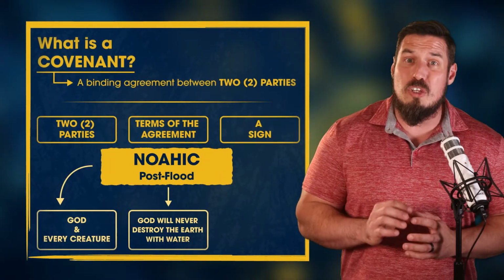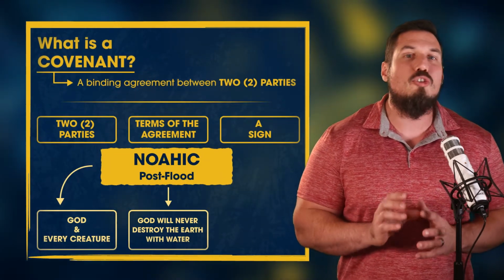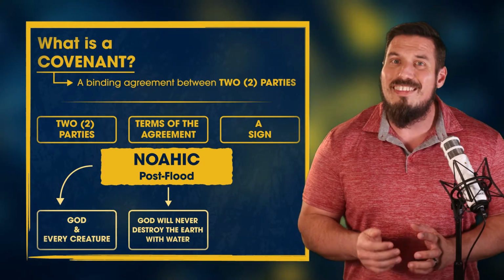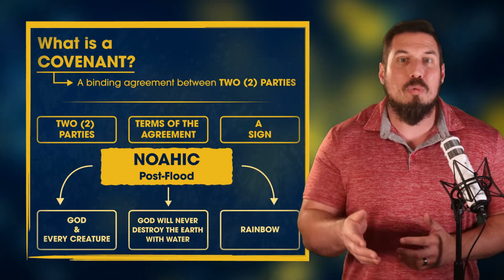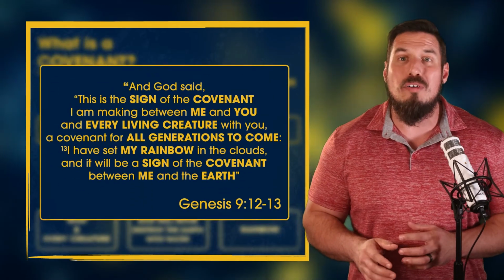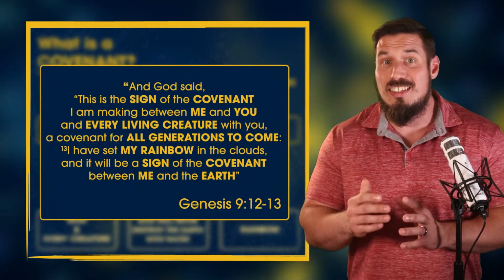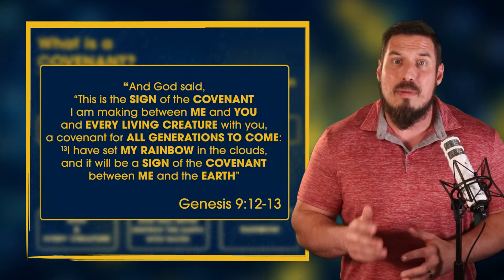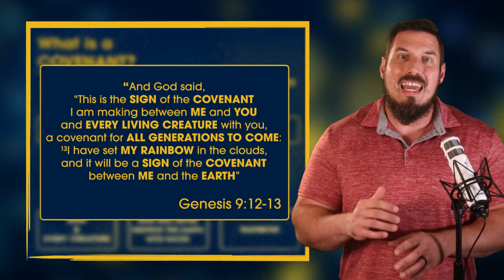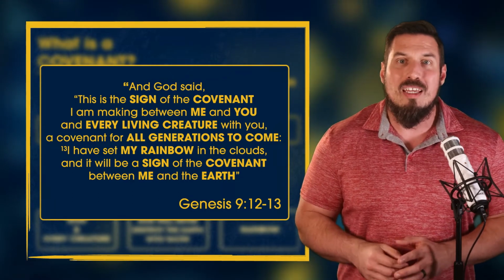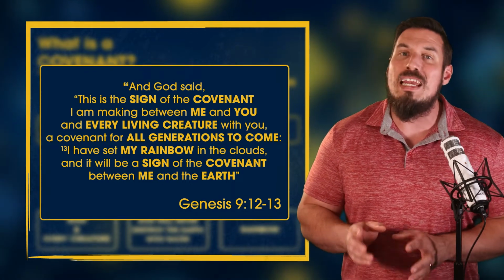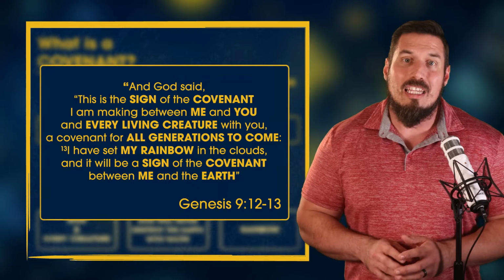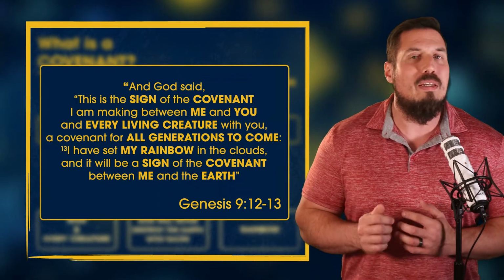So if the terms of the agreement are that God will never destroy the earth with a flood, the sign of that covenant is the rainbow. As we read in Genesis 9, starting in verse 12, and God said, "This is the sign of the covenant I am making between me and you and every living creature with you, a covenant for all generations to come. I have set my rainbow in the clouds, and it will be a sign of the covenant between me and